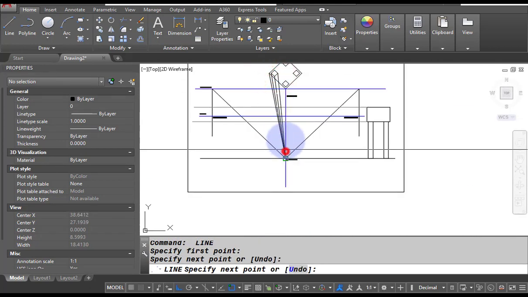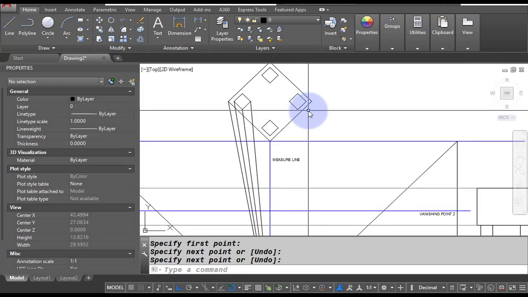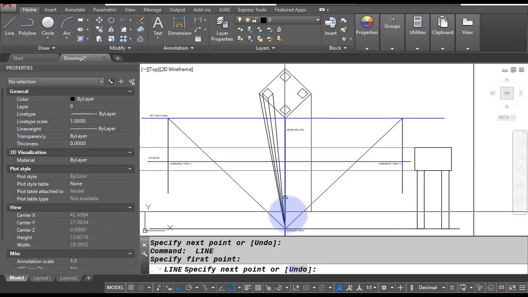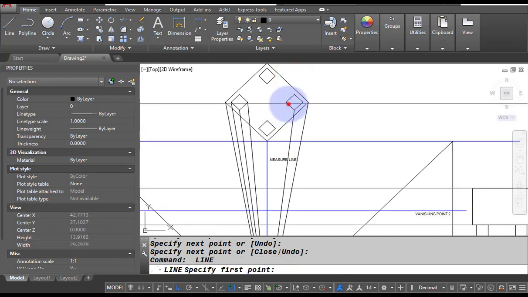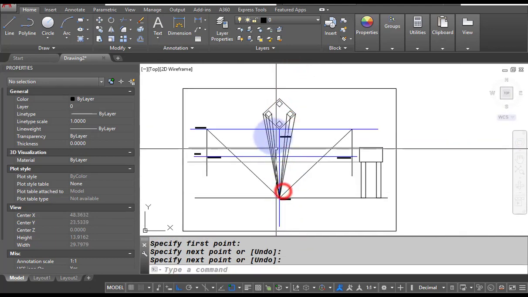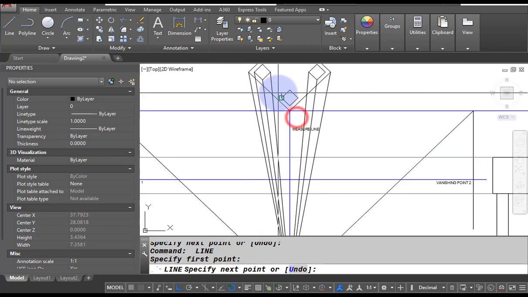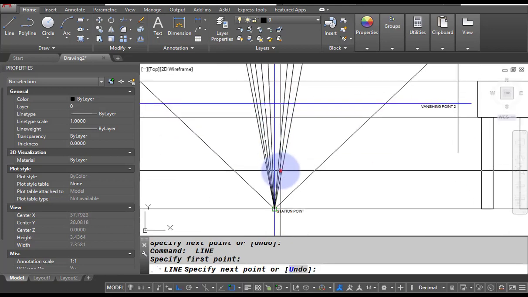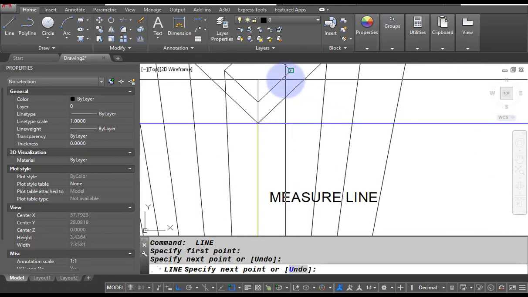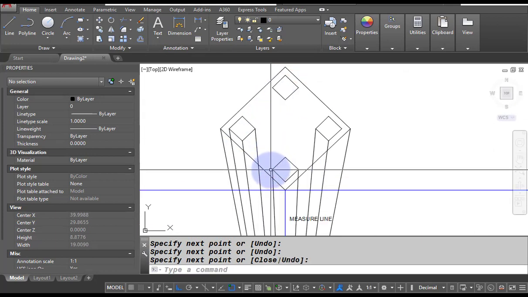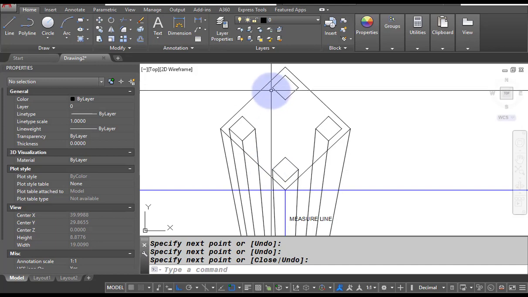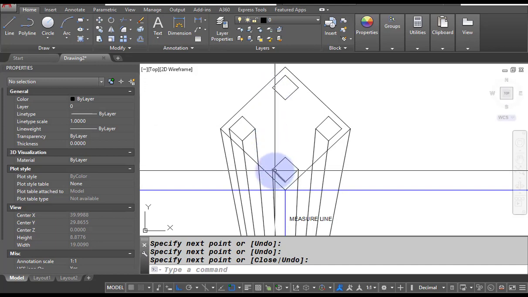Now obviously these are projection lines, so these lines should not be too dark. All these lines you have to draw lightly. Now unfortunately this corner and this corner meet at the same point, so this corner will not be plotted.